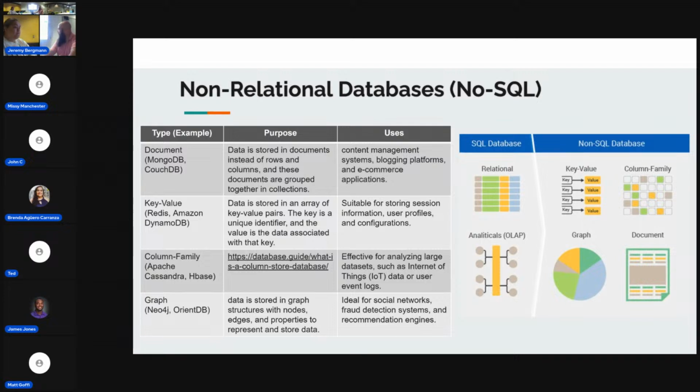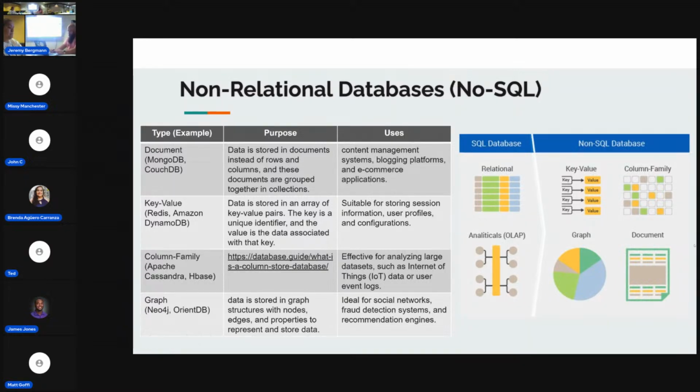So key value is really pretty similar, except that's just like what we saw with Azure Tables. Azure Tables is a key value database or unit of storage, I'd consider that. So a key value takes your record, like a JSON record, or like a dictionary. Think about a dictionary and how JSON is structured. That flattens it out into a table-like structure. You have your key, and then you have your values related to it. So like I showed you in